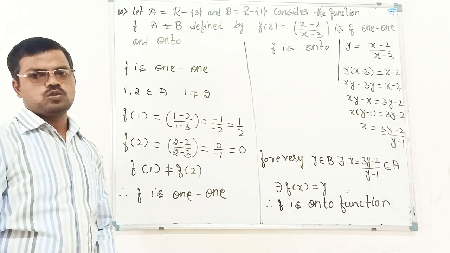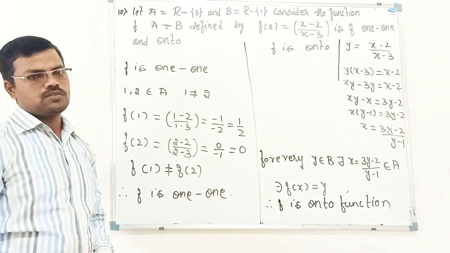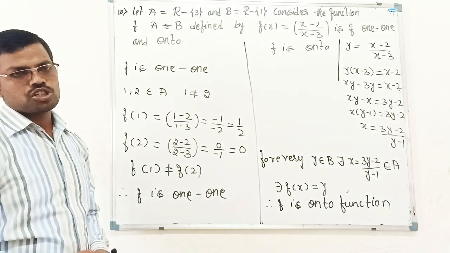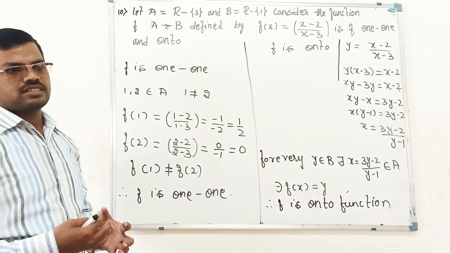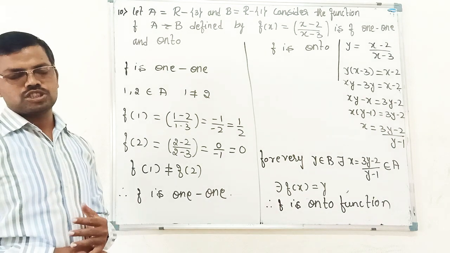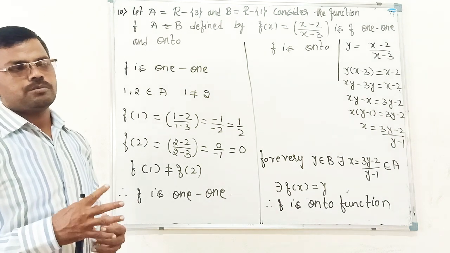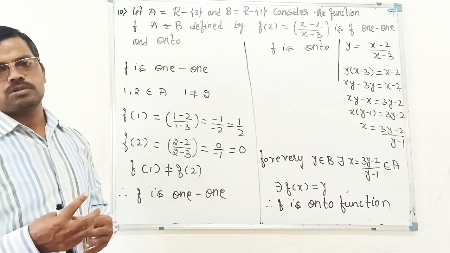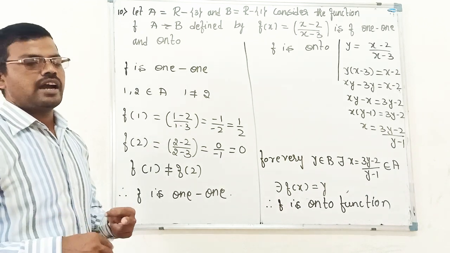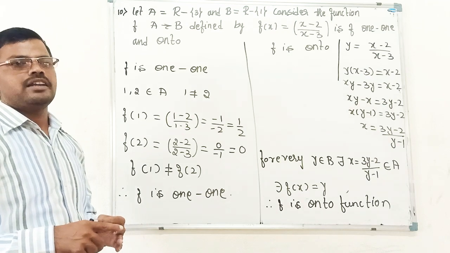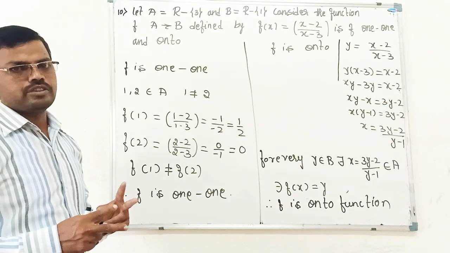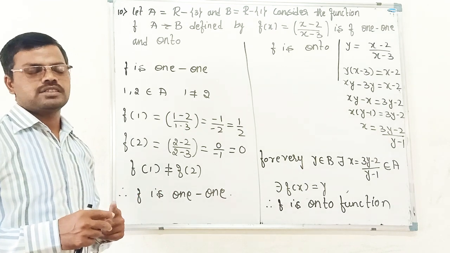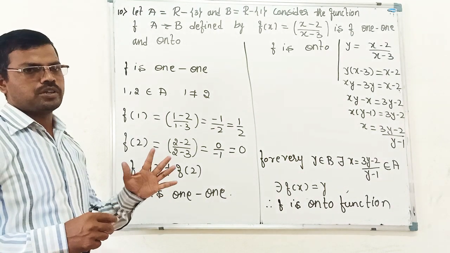So next we move to the invertible function. So invertible function means what? That is regarding the composition of the function we are doing. So what we mean by the composition of function and the invertible function, that we have to study, and later on the binary operation we have to study. If we complete these two topics, this chapter is going to be complete.